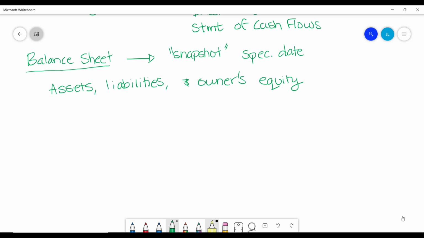So basically, if you're looking at a balance sheet for the end of the year 2020, you should be looking at the balance of the company's assets, the balance of all of its liabilities, and the balance of its owner's equity accounts. Okay, so the feature of a balance sheet, you're always going to have a heading at the top and the name of the business, and then you also have to clarify the name of the financial statement.